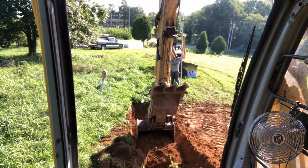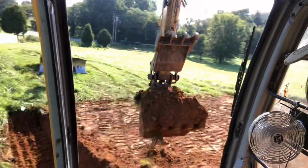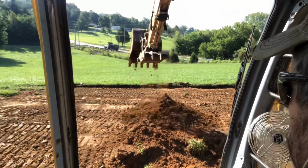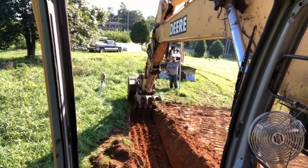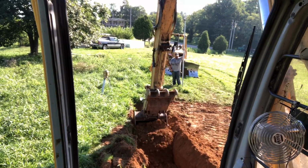Like I said before, I marked the actual basement wall, and then I shoot for a 2-foot overdig, so I kind of know where 2 foot is on my bucket. It's basically between the last 2 teeth, and go from there. First thing you need to do is, and you'll probably see me here in a minute throw some dirt behind me, but this